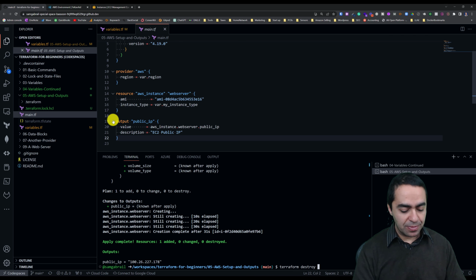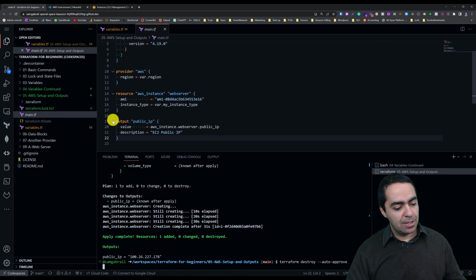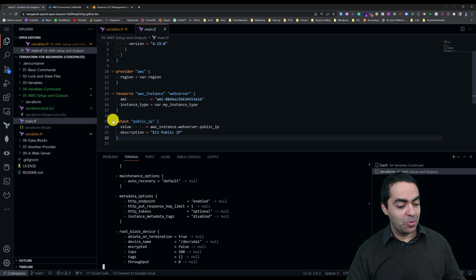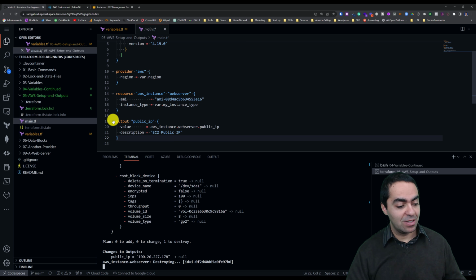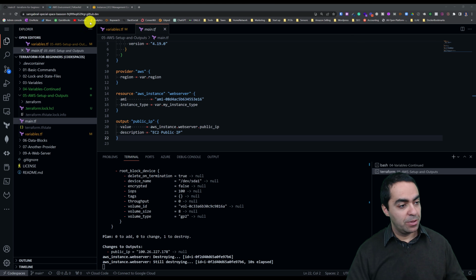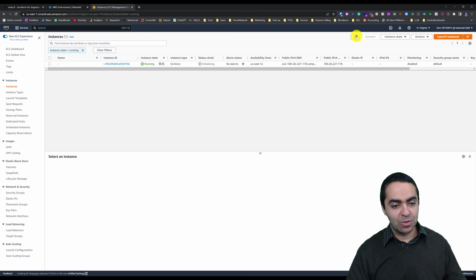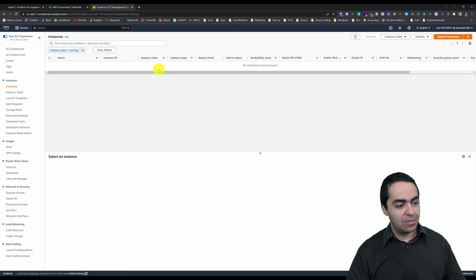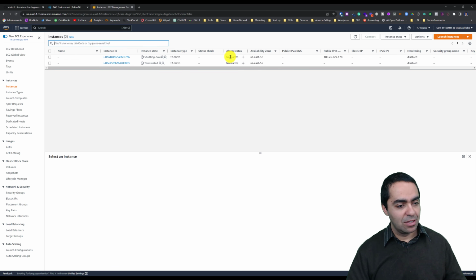Terraform destroy, auto approve, and that will destroy our instance for us. And again, we can verify in the console that it is terminating. Takes a couple of seconds here. And during that period, if you quickly peek here and just refresh, I guess we didn't do it fast enough. Or if you just remove instances running, you will see that this is our instance and it's shutting down right now,